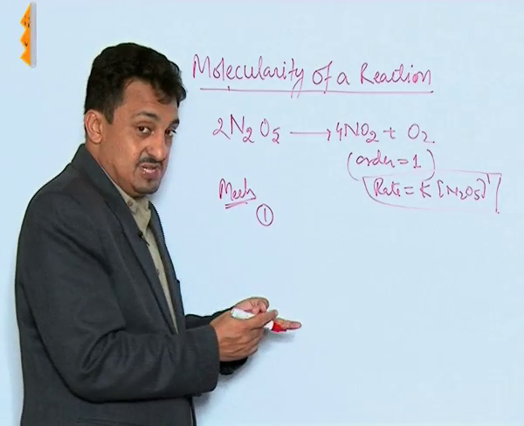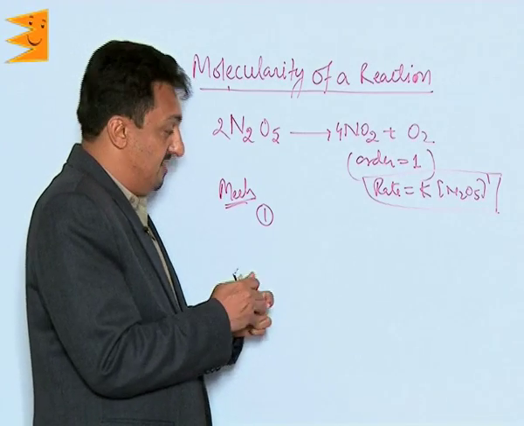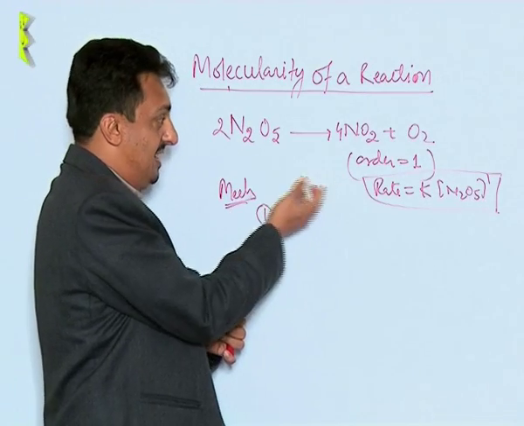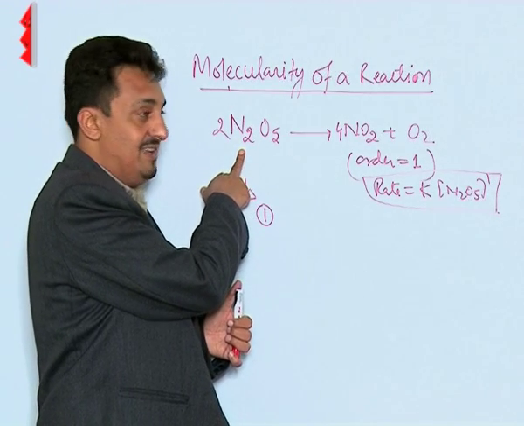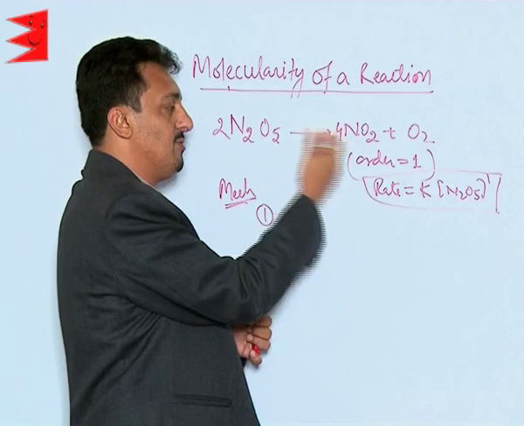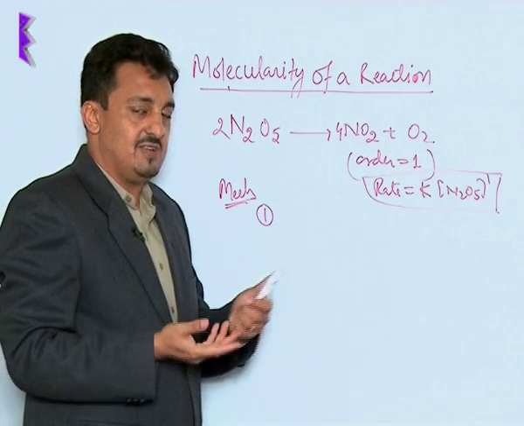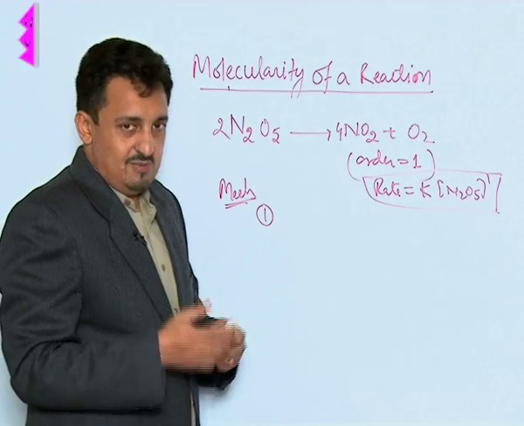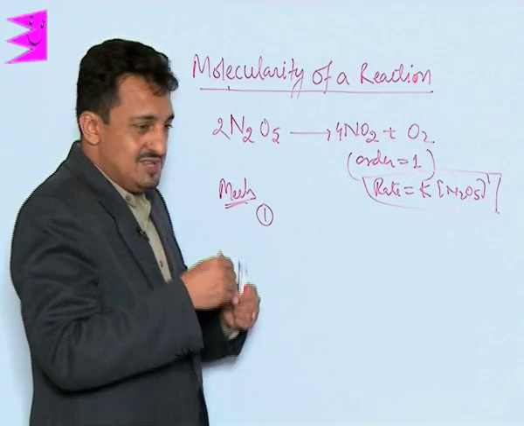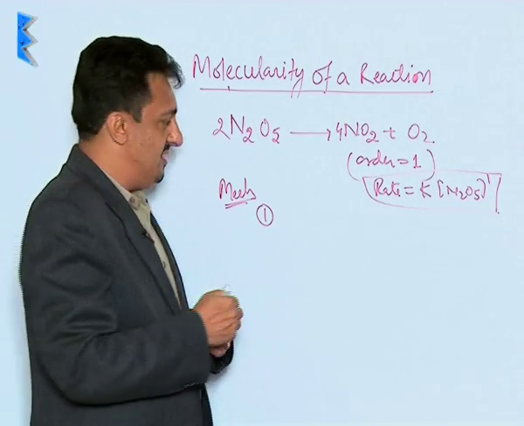It's a complex reaction because it is very clear. If it is not a complex reaction, then it's an elementary reaction. Then the number of reactant molecules reacting in the elementary reaction would have been equal to the order or molecularity of the reaction, which is not taking place in this. So it is very clear it's not an elementary reaction. It's a complex reaction, which when actually studied in detail, we find that it takes place in